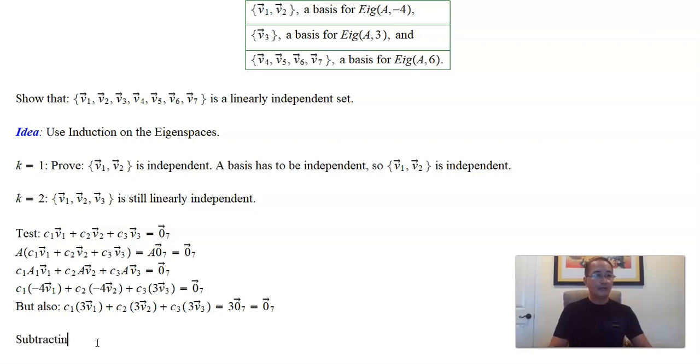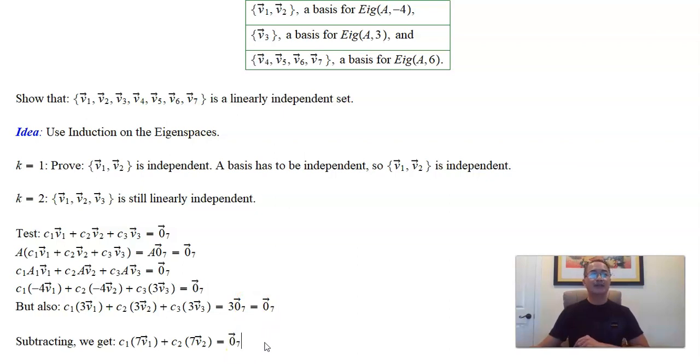Subtracting, the first two terms will survive. Whoops, we pasted the wrong thing. These guys. There we go. So 3 plus 4, 7v1, 3 plus 4, 7v2. The v3s will cancel. So we get on the right side